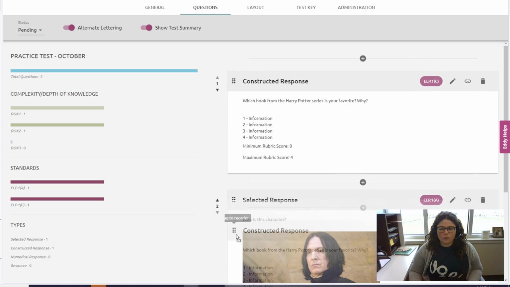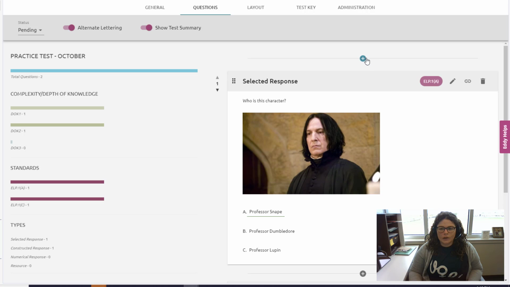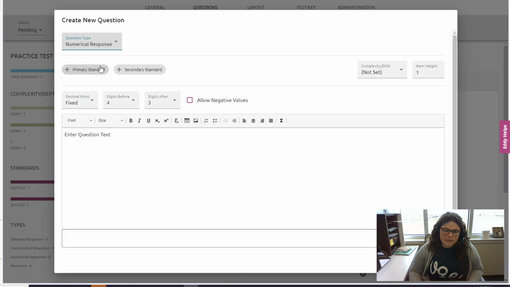So if I wanted to reorder those two questions, I could drag them to reorder. I'm going to add a third question. This time I'm going to do a numerical response. Again, it gives me the option to enter the question. I can add a picture, I can add a video, or I can add audio, and I can change any